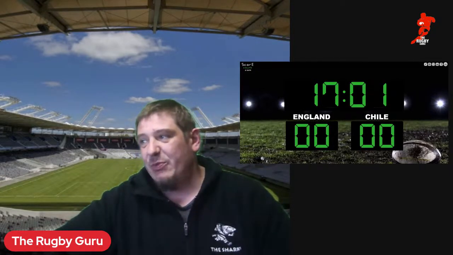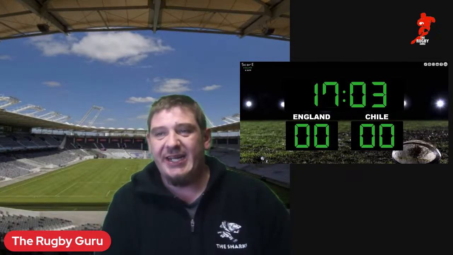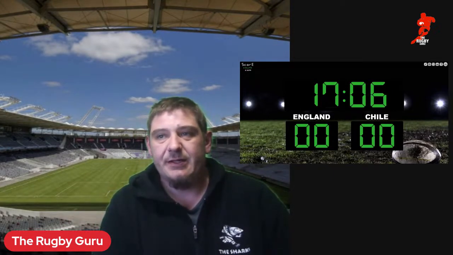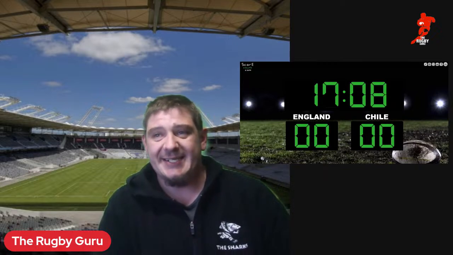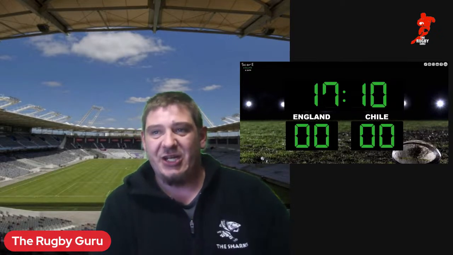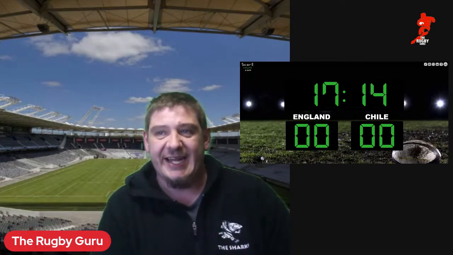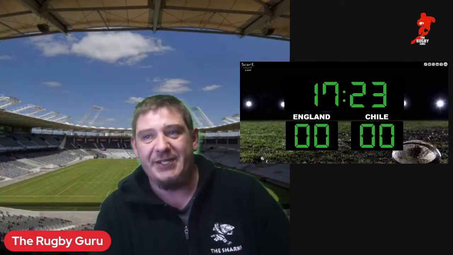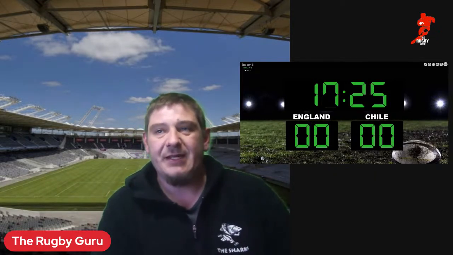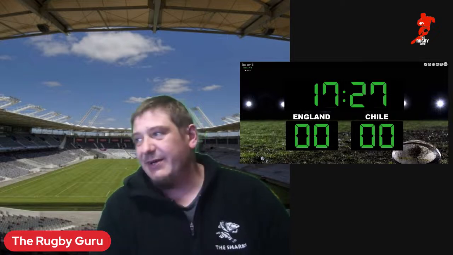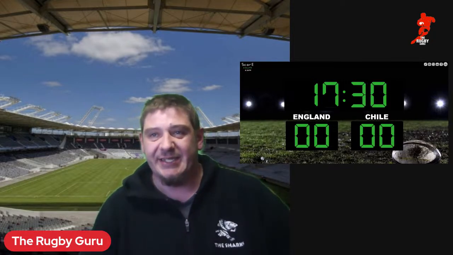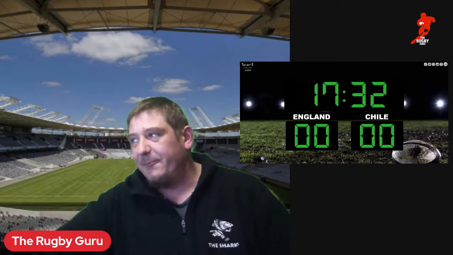So the line out, Bomi, who's going to throw this one in for Chile. Lots of razzle, dazzle from Chile, but they've lost that line out, and here comes England on the counter attack now. A little kick downfield from England. The chase now coming, and that ball is going to go into touch. It's going to be a foot into touch from Game, the Chile right winger. So line out to England, 5 meters inside the 22 of Chile now.